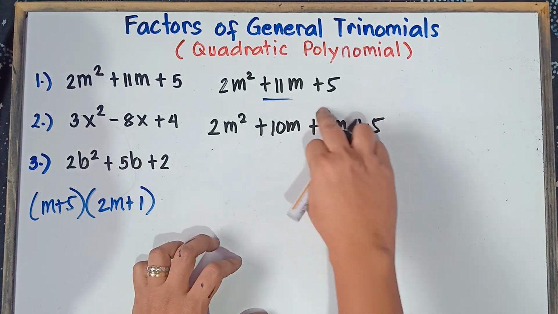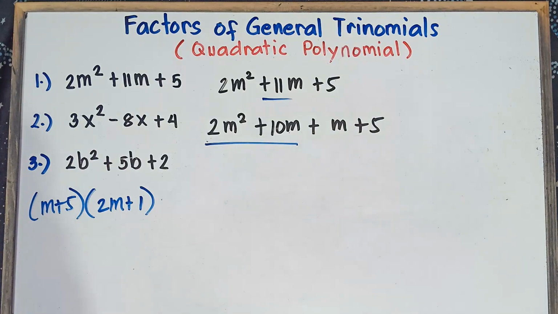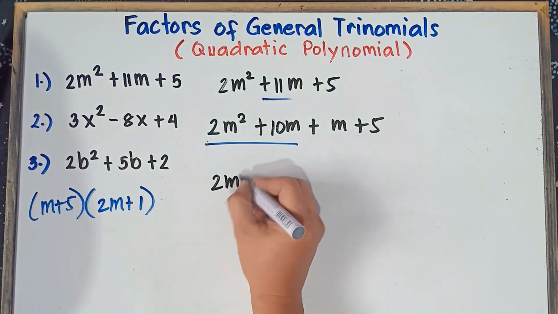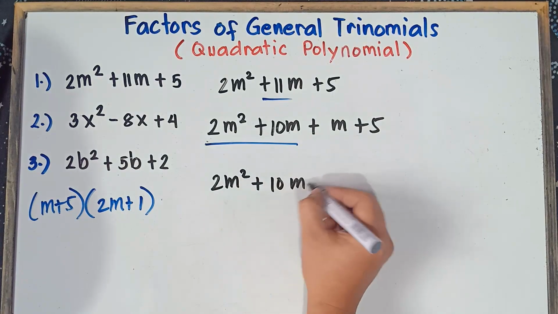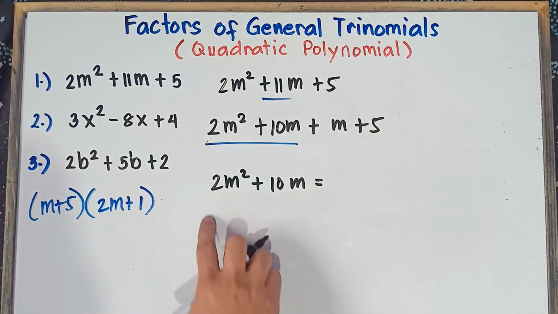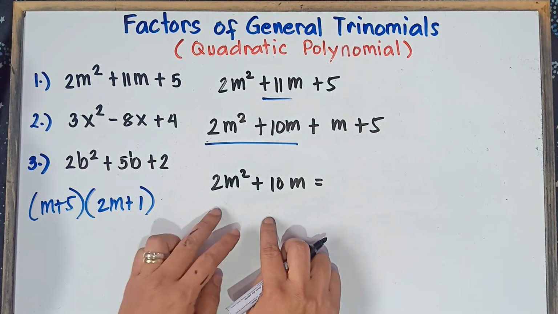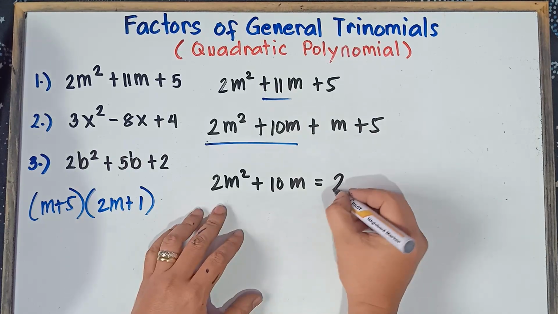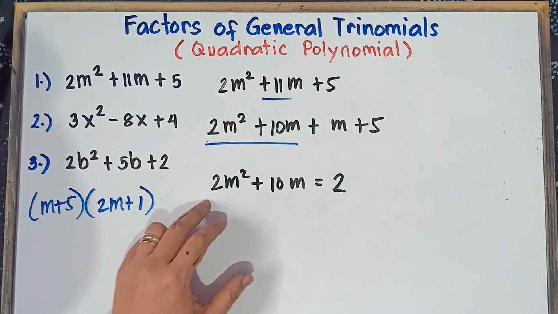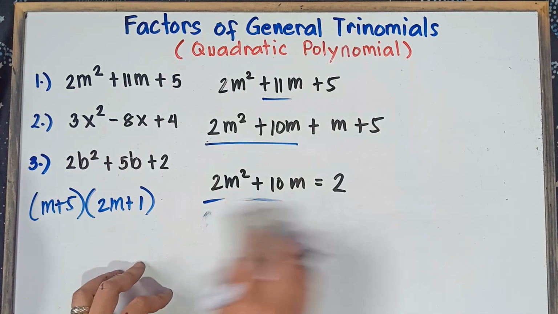So once again, we can erase 1. That's okay. Alright, so once again, class, we factor out the first term and the second term. So 2m squared plus 10m. Once again, class, factor out the numbers. What will be the greatest common factor of 2 and 10? You find a number, class, that is divisible by 2 and 10. That's correct, that's only 2, right? Because we can divide 2 by 2, we can also divide 10 by 2. So the greatest common factor is only 2.